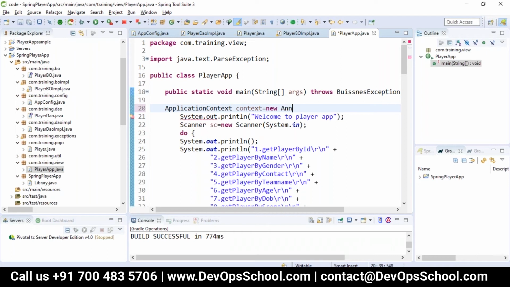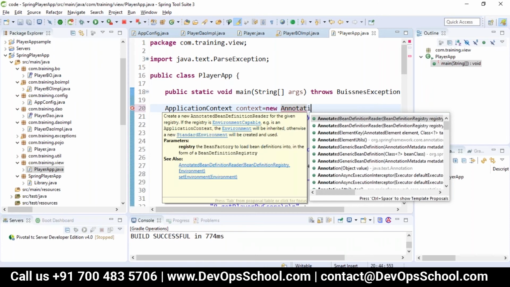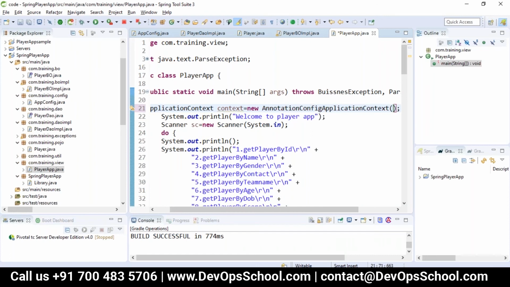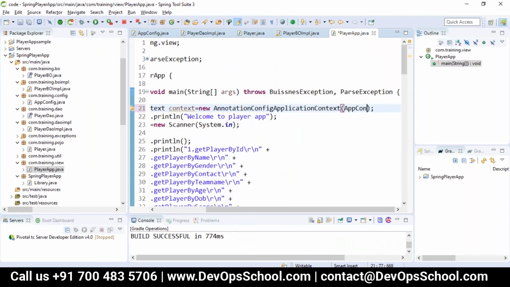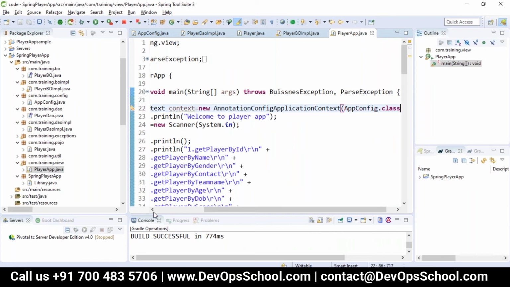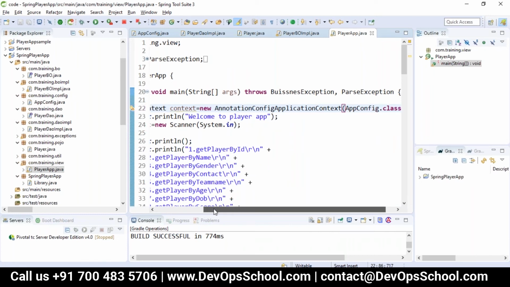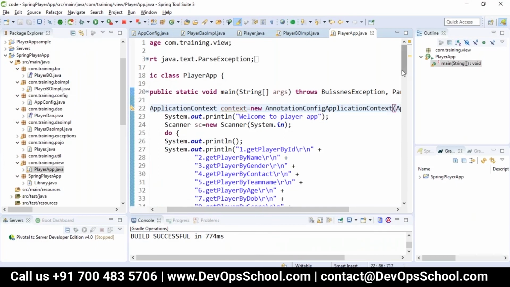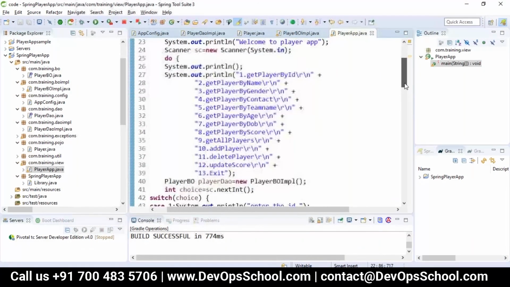As we are going with Java-based configuration, we'll use AnnotationConfigApplicationContext, and we have to load the configuration class, which is AppConfig.class. So we should not create the object ourselves; we should ask Spring to give the object for us.